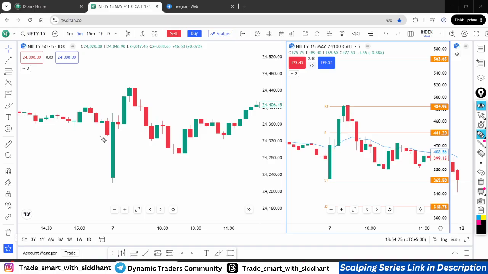So when you saw there was a resistance but it's sustaining above the resistance, you took the trade in the running candle. Or when you saw this gap is not touching this resistance again, so it's sustaining, so it might fill this gap, you entered in the trade, you took from here. It sustained above here, so you are still in that trade and you took this big range of profit. But we entered in early trade, means we entered in running trade.